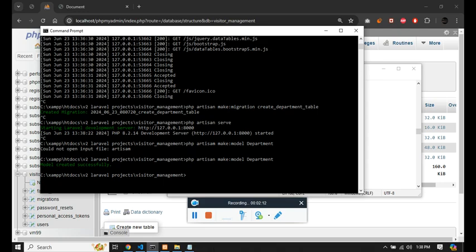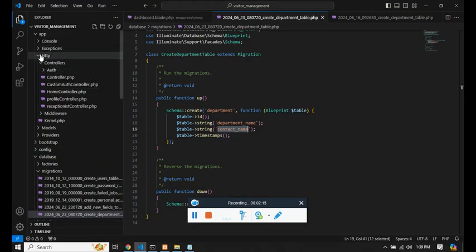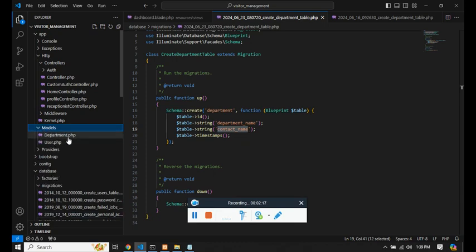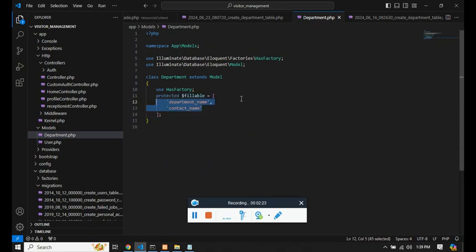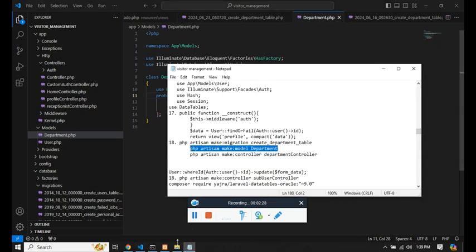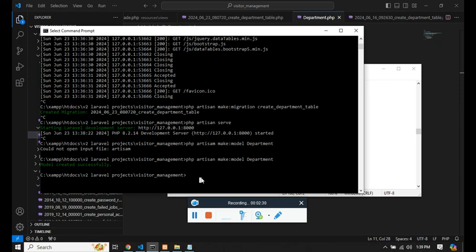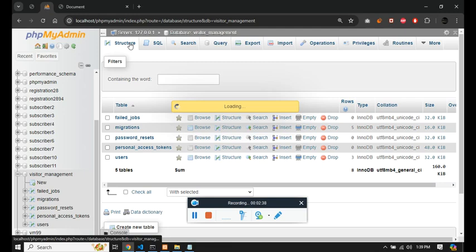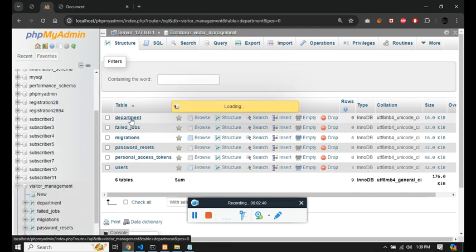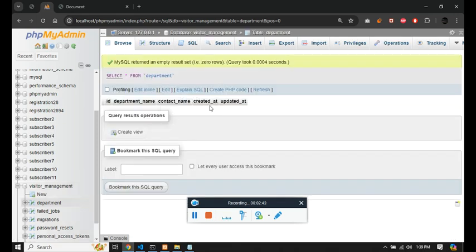A model would have been created. So now we can see in the HTTP models we have a department. We need to create a fillable variable. So here we have to mention these two column names as a fillable variable, and now we can migrate with php artisan migrate, and you should see the department table. You can see